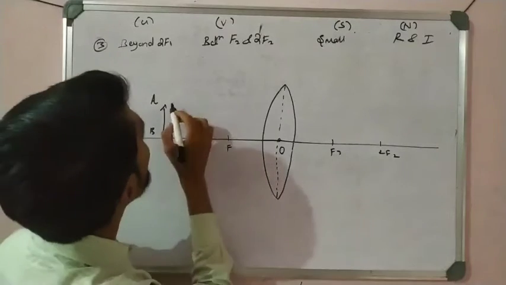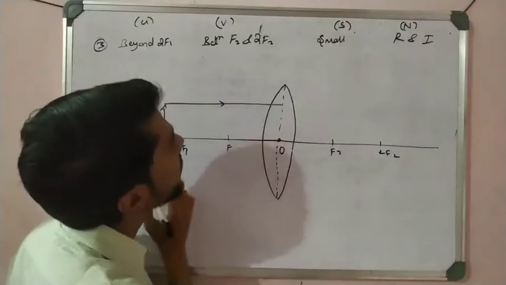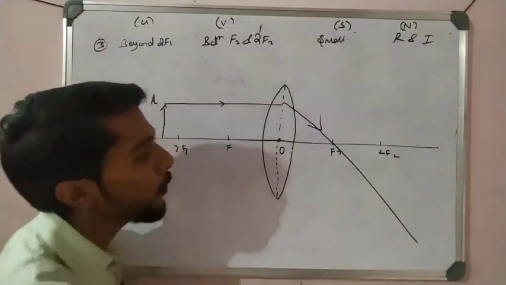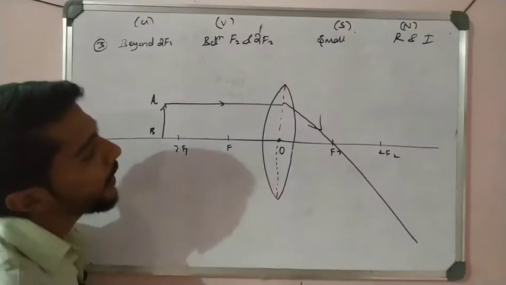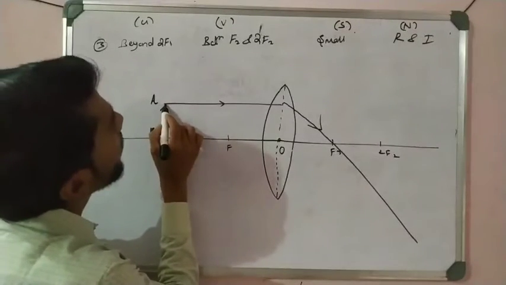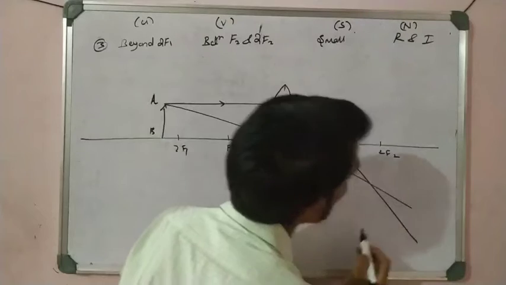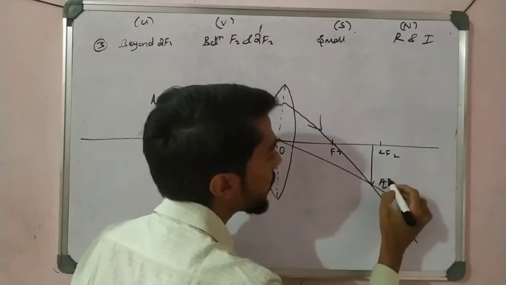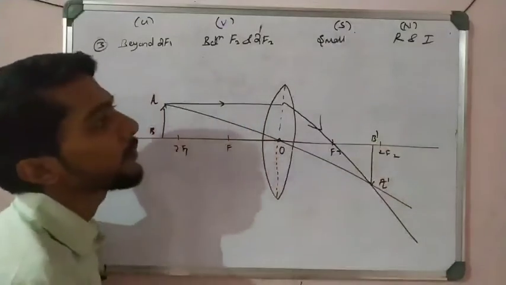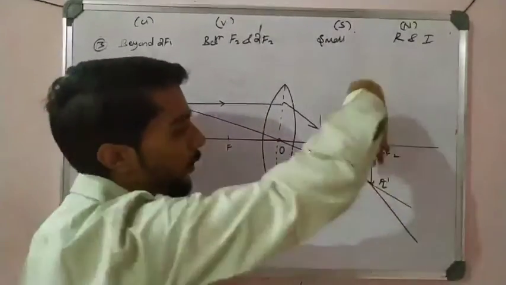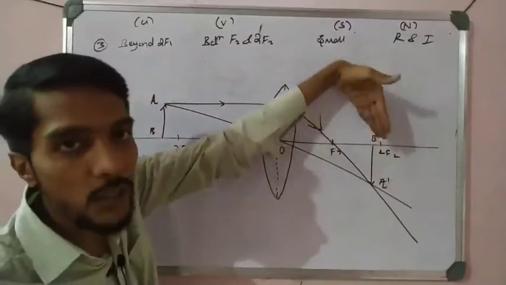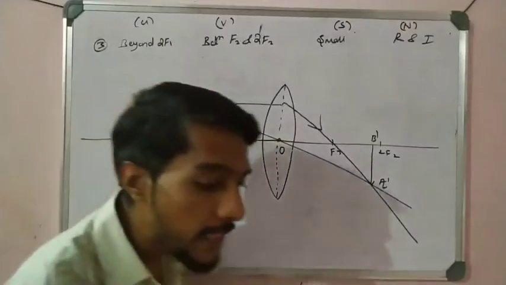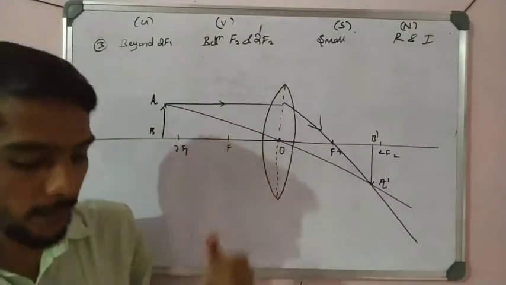Now the ray is parallel to the principal axis. After refraction, it passes through F2, the focus, that is the same. Now the ray through the optical center, very good. See here, the image forms exactly between. It is A dash, B dash, reversed. So it is real, and see, it is inverted. Right, students? So this is a very important case. In the examination, most of the time they ask this case.